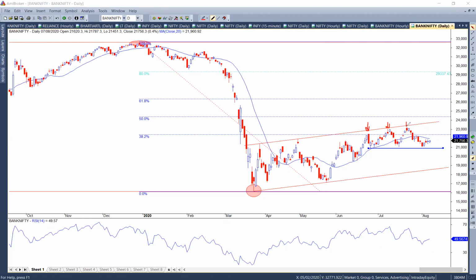It came up here at this point and reversed again down. Same time, when it came up again the second time, RSI formed a lower high over here. This high on RSI is below this specific high. Now that indicates this up move was with less momentum.